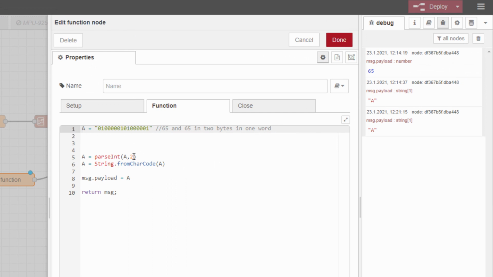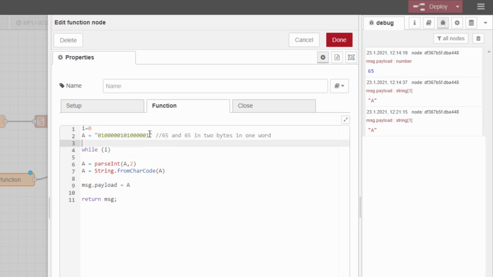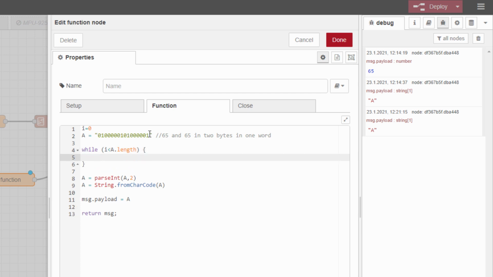Now I have another example. I have 2 65s in a row, so a word, but we want to take the first 8 characters and the next 8 characters. So we create a while loop, and our target is to do this until the complete string is covered, so until the length of A, which is our string. And now we will take the first 8 bits, or the first 8 characters, but this is just 0 and 1, it's binary, and we take these 8 bits, so this is I and I plus 8 for the first 8